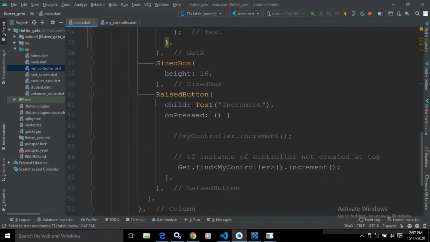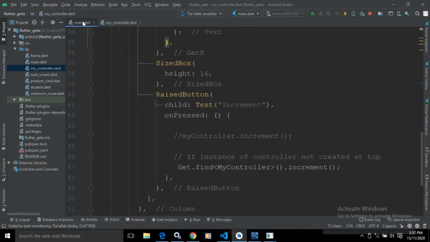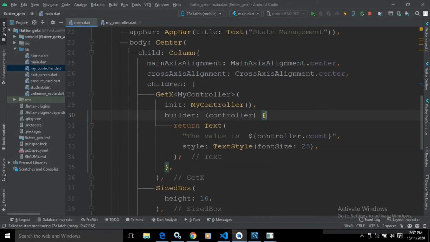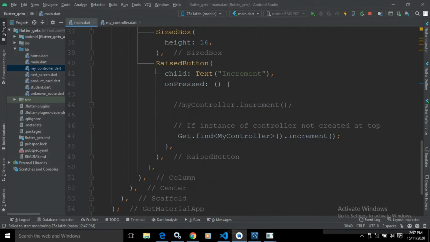But in the onPressed method, to increment the value of count, we need to call this increment method of MyController. And to call this method, I need the instance of MyController. But this instance is available only in the builder method. So to get the instance of MyController, here we need to write Get.find<MyController>().